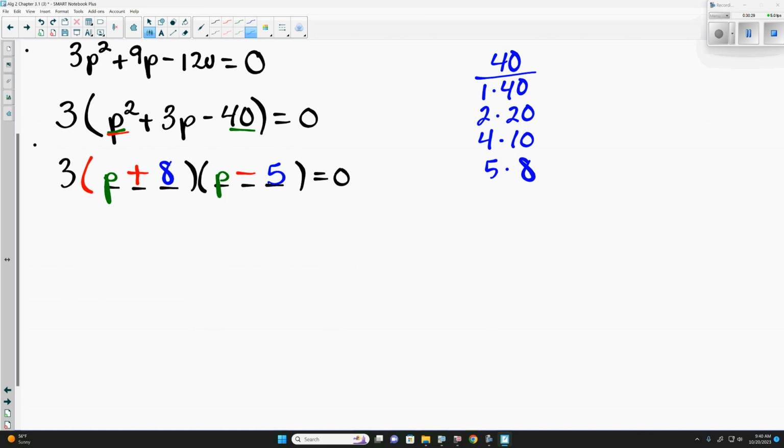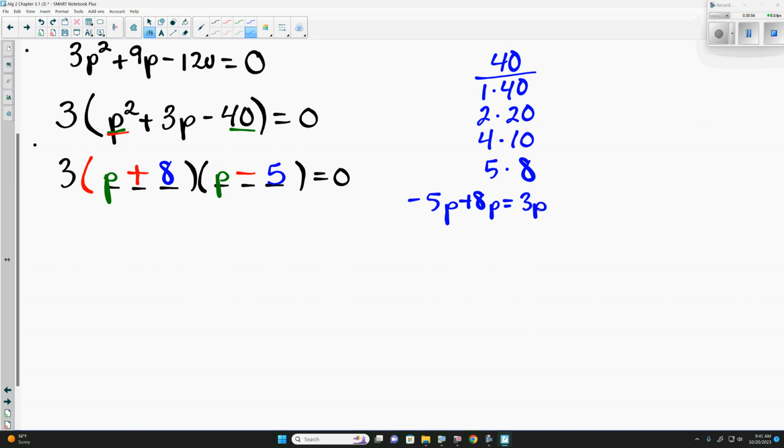Yes, as long as the numbers in front of P or the variable are both 1. Because when we check it, P times negative 5 would be negative 5P. 8 times P would be plus 8P, giving us 3P. Now, if the P values had been, say, 2, we'd have,